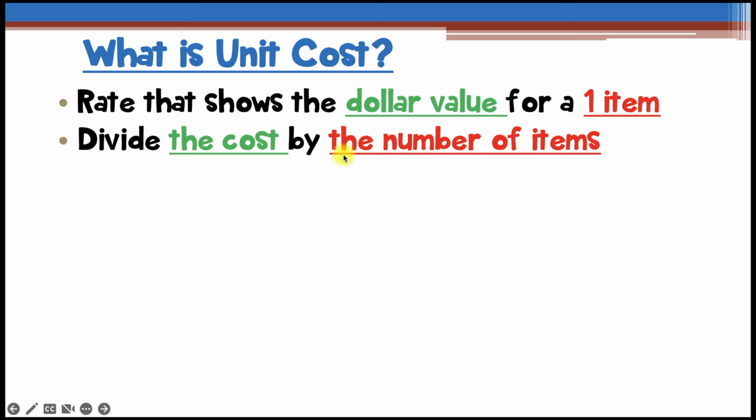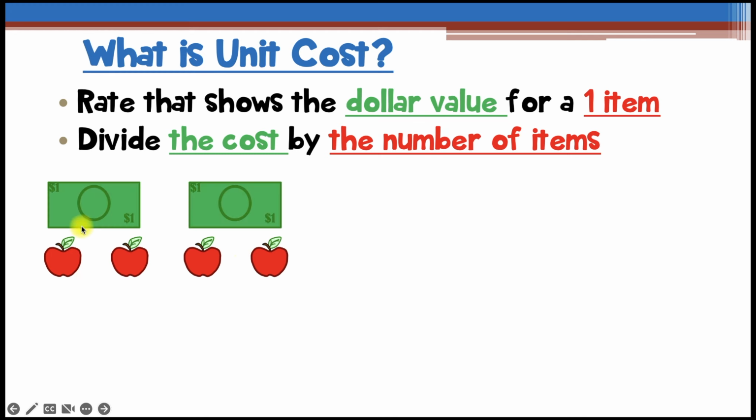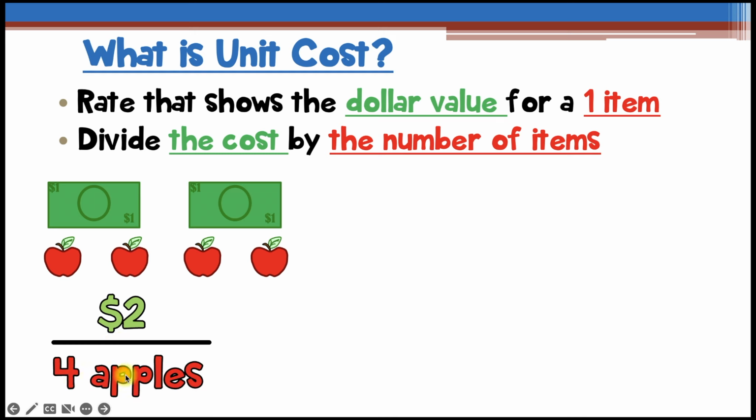So for example, let's say we have 4 juicy, red, delicious apples. And the cost for these 4 apples is exactly $2. Since we know these 4 apples cost $2, we could say that it was $2 for every, and that's why we draw the line of our rate, 4 apples. Now, like I just said, this is a rate, but it isn't the unit rate, or more specifically, the unit